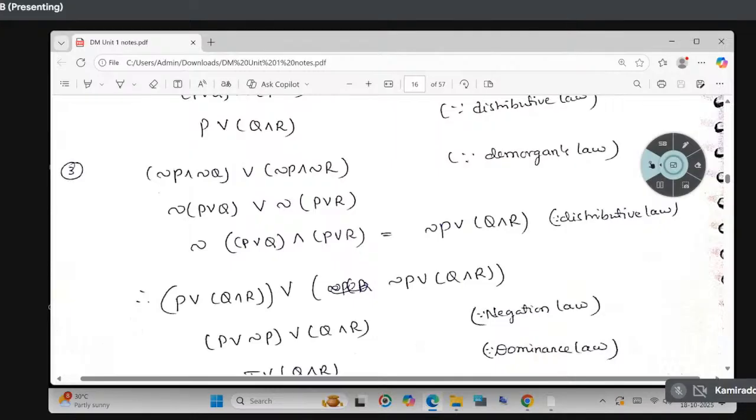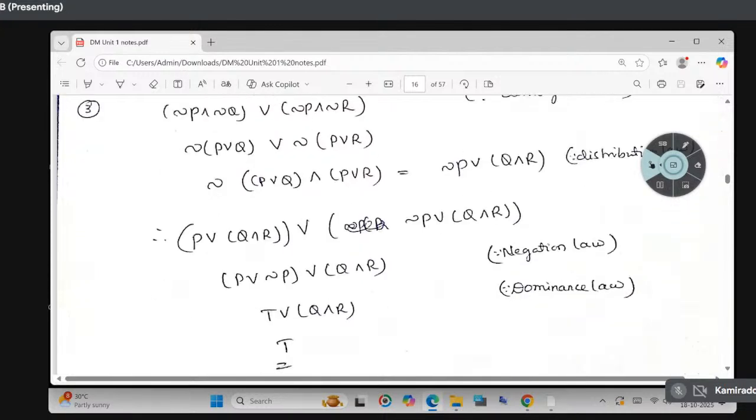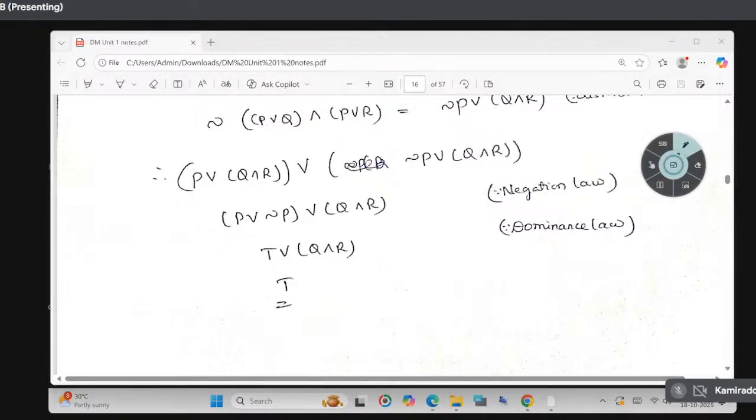When I apply these two, it is becoming completely P or Q and R. Same P, I got the answer, which is equal to T. Okay. So that way you can go for the solution, or in simple you can go for the entire process of simplification. So I said you have to go for the 4